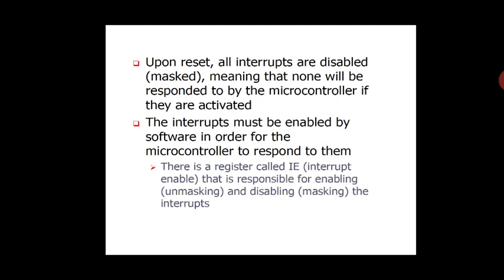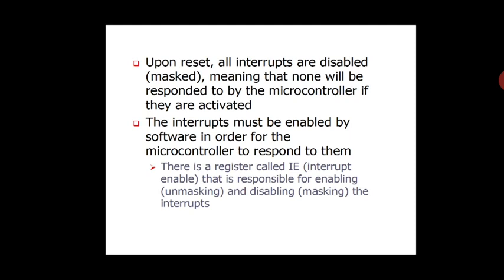There is a register called I. That is how I am going to be enabling there is masking or unmasking. If it is in masking, it won't take any of the interrupts. If it is unmasking, it can take an interrupt at any moment of time and it will give the service. There is a register which is involved in masking and unmasking.